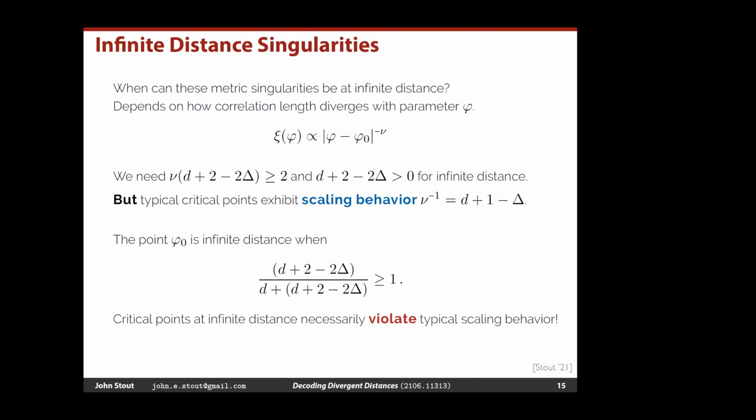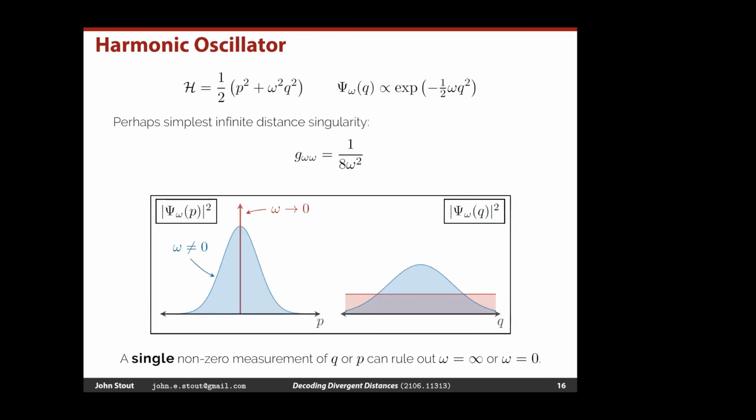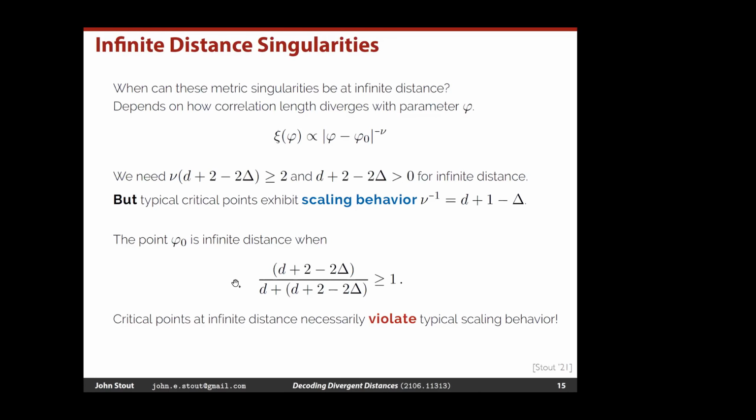Yeah. So if I remember correctly, it's a 3-line thing, which basically follows from assuming locality of the Hamiltonian, and certain things scale with others. So this is a naive scaling, in other words. Yeah, exactly. If I want an infinite distance point at a quantum critical point, then I necessarily have to have a violation of this naive scaling. Yeah, thanks. Okay. So as Irena points out, you need d equals 0.